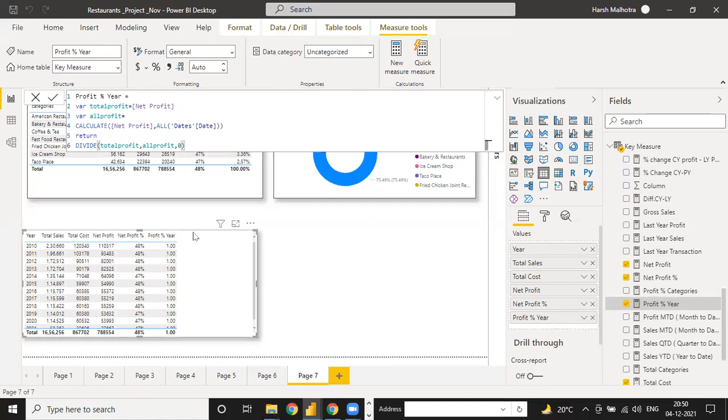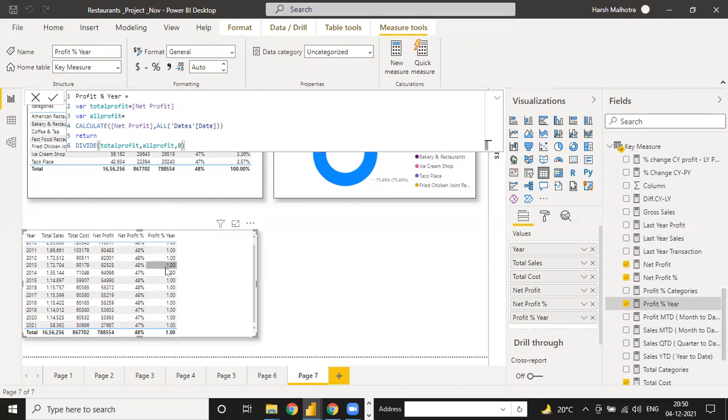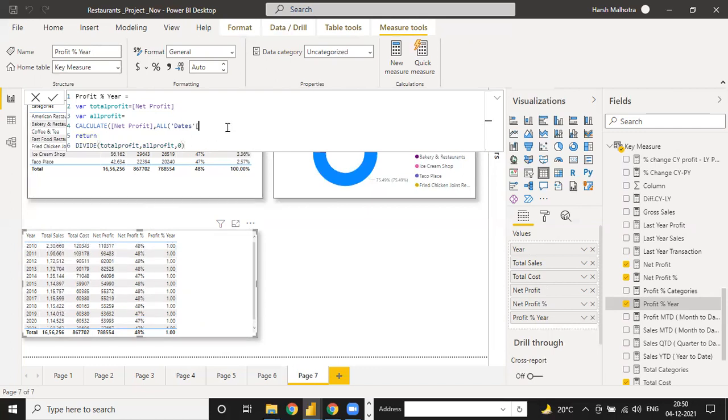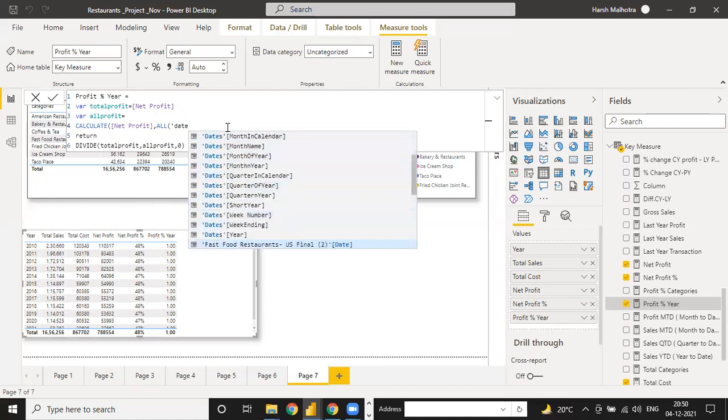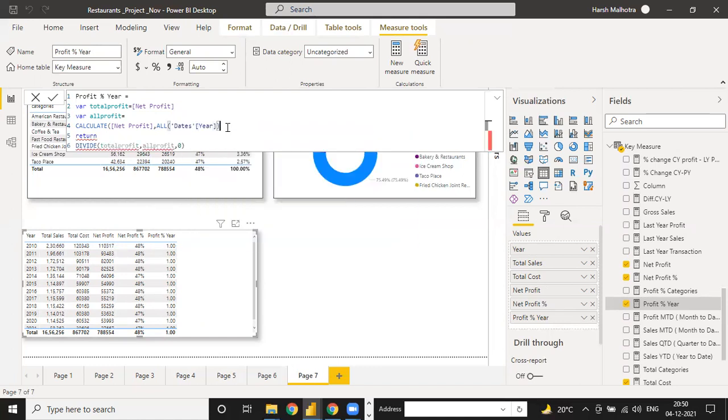The function is correct. All dates of the date column. Why? Okay, because we have selected here year, so it depends on year. If you select date, then it is only on date. Okay, so that is the reason.